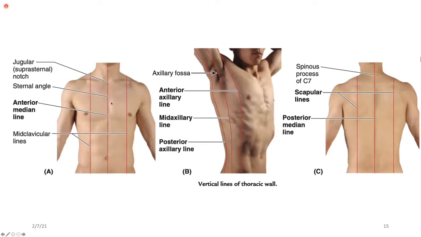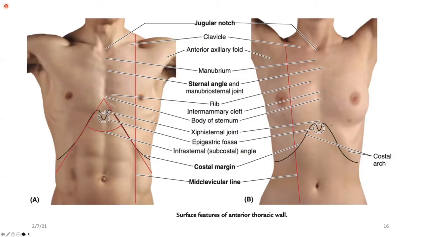We talked about these lines. Do you remember? There are so many lines shown here, but the ones worth remembering are the mid-clavicular, and these axillary lines: anterior axillary, middle axillary, posterior axillary, and then the scapular lines. Guys, if you're learning thorax, even the whole cardiovascular and pulmonary, and you forget these lines and their concepts, then it'll be very difficult. I'm not saying impossible, but very difficult. Now I'm sure everybody is good with these lines. We'll be using them shortly.